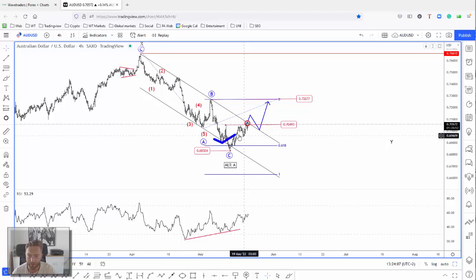We are trying to form maybe even a head and shoulders reversal pattern. We are at this trend line, so if this trend line is going to be broken, especially by the end of the week, then I think that more upside could be in the cards. Also, don't forget, Australia has government elections this weekend, so of course this will somehow impact this pair, but I